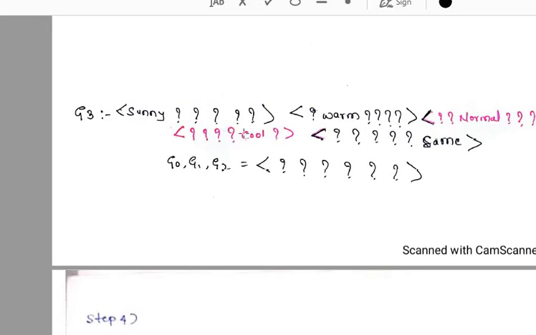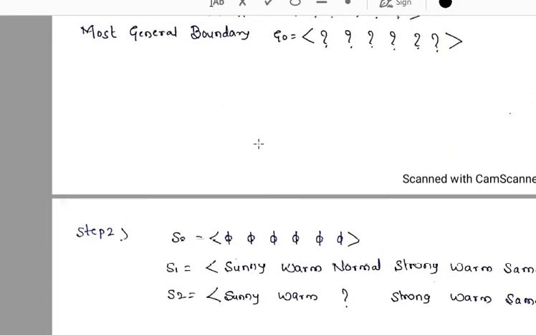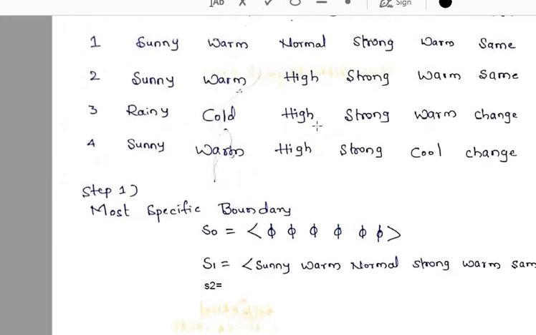And next, the fourth attribute. The fourth attribute is strong. Strong is classified negatively by the third example, but you can see there is no opposite value here to classify it positively, right? So to classify this strong positively, there are no opposite values in the examples, hence I will skip this fourth attribute. Please remember this: I will skip this fourth attribute because no opposite values exist till now for this strong, hence I am skipping it.